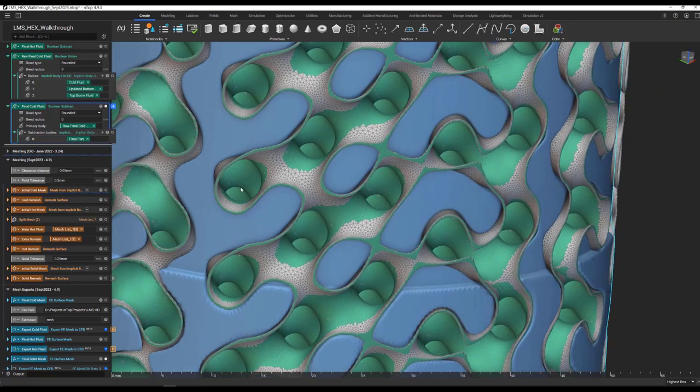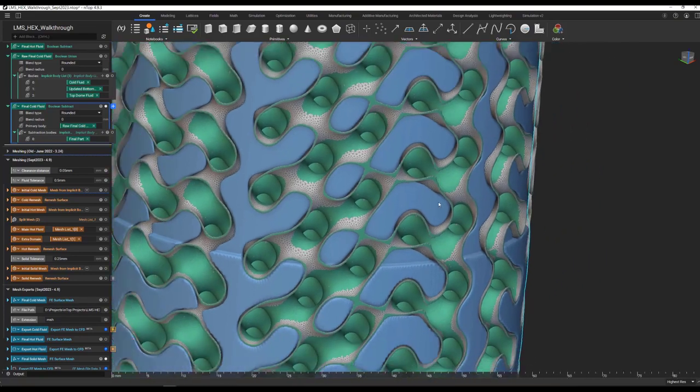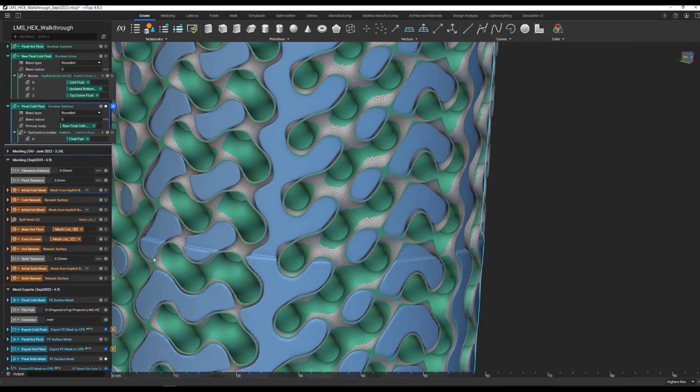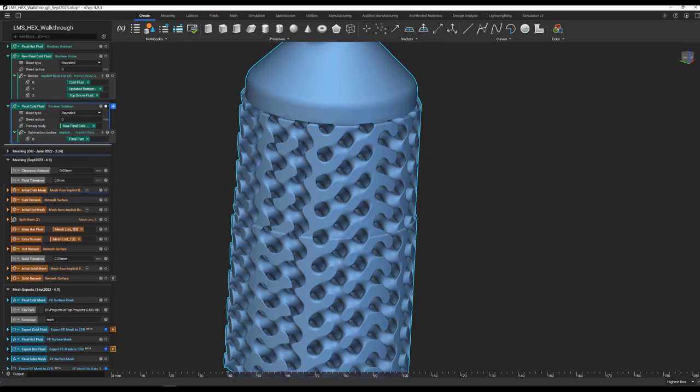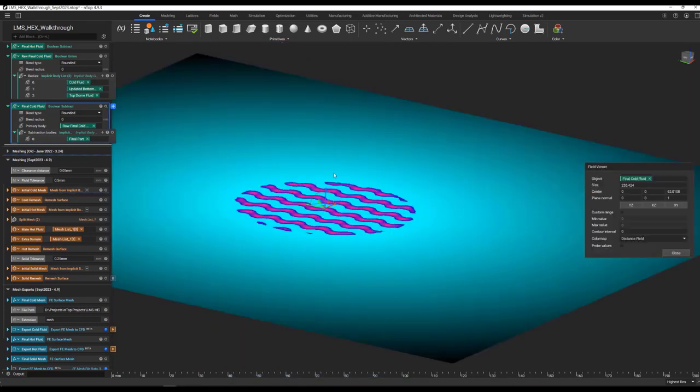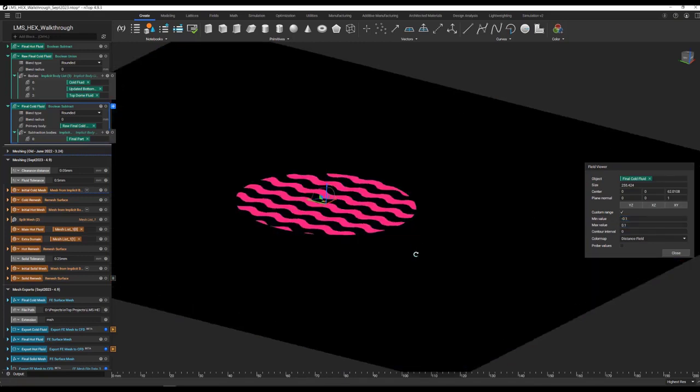And we noticed that we are also selecting the surface on the hot side, as well as the, we'll call it perimeter region of the heat exchanger core. If we look at just the field view of this final cold fluid and change the range from minus 0.1 to 0.1,